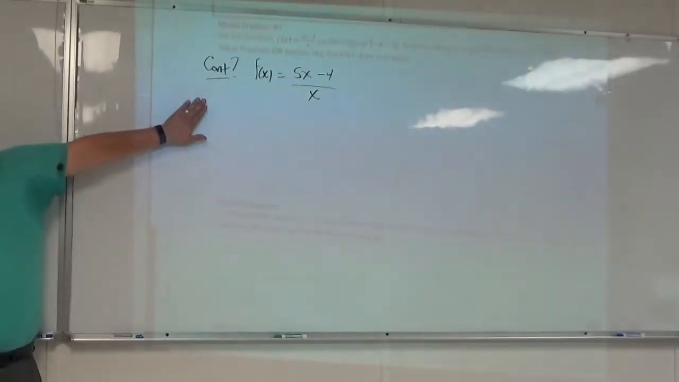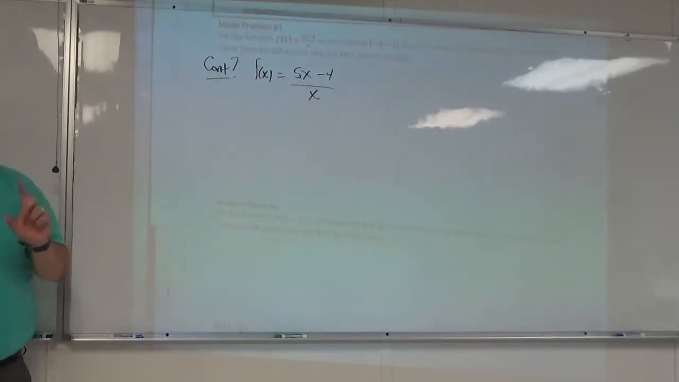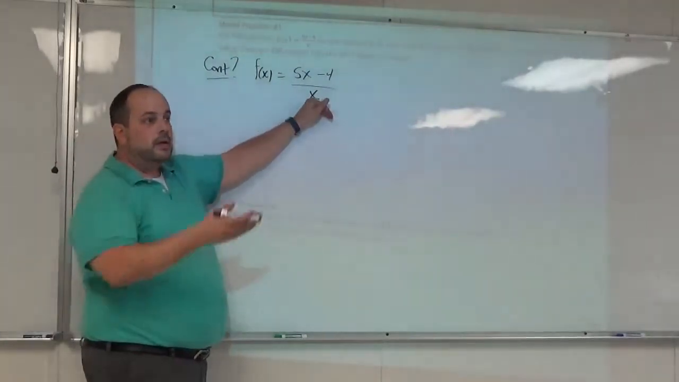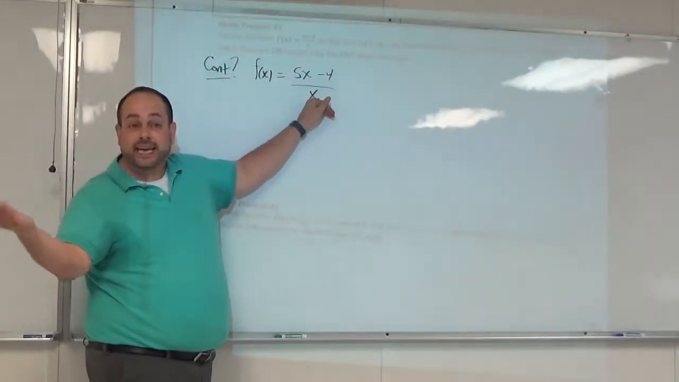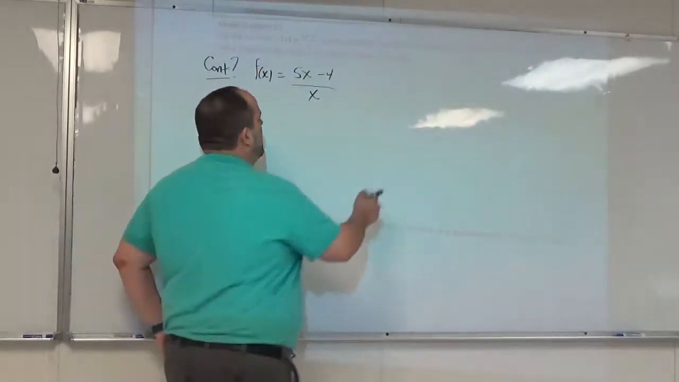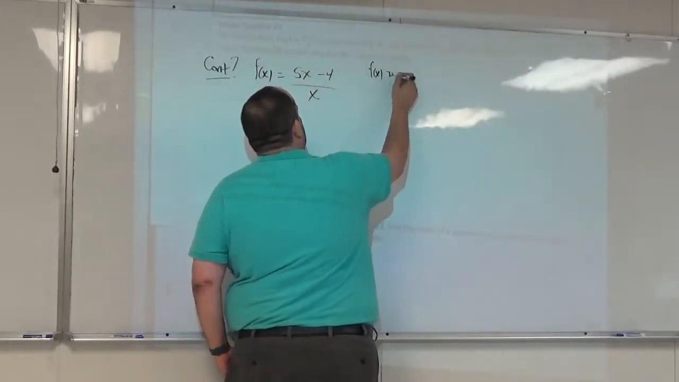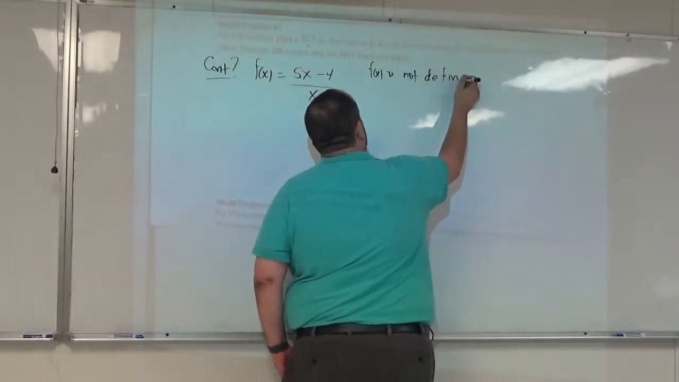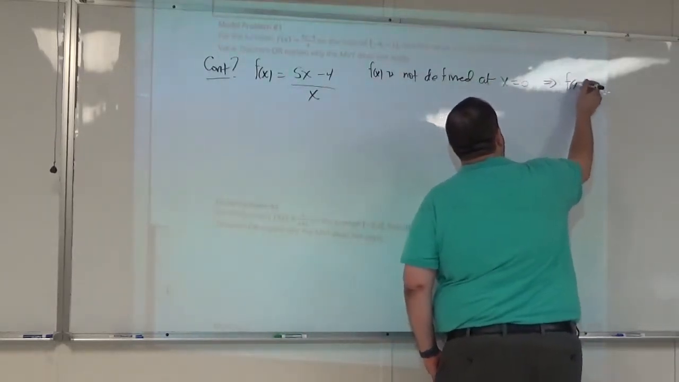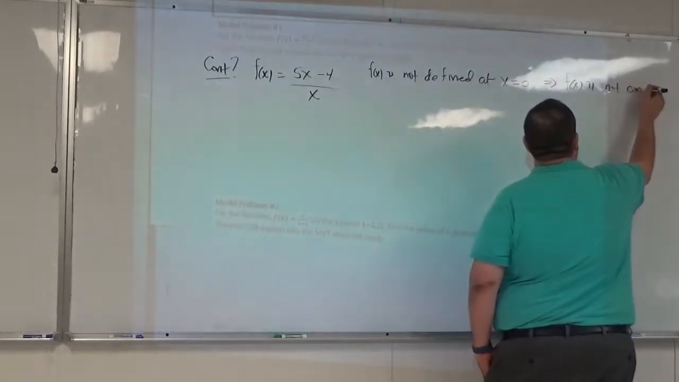There's a problem with this function. There is a value that you guys know that if you try to evaluate the function at that point, you'd have a problem: 0. Carlos, what would be the problem? Can't divide a number by 0. I can't divide by 0, right? And since I can't divide by 0, what's the value of the function at 0? Doesn't exist. So I could say f of x is not defined at x equals 0, which means f is not continuous